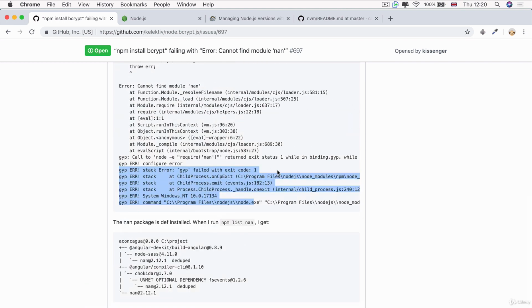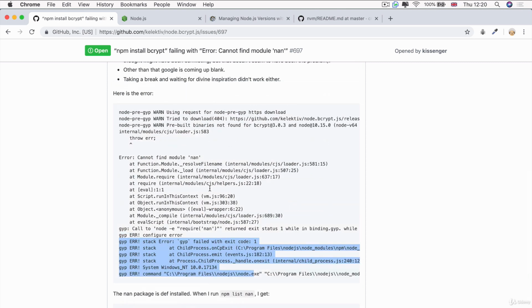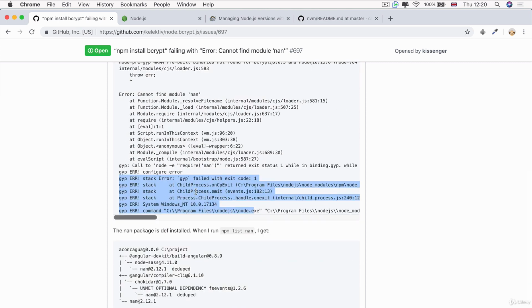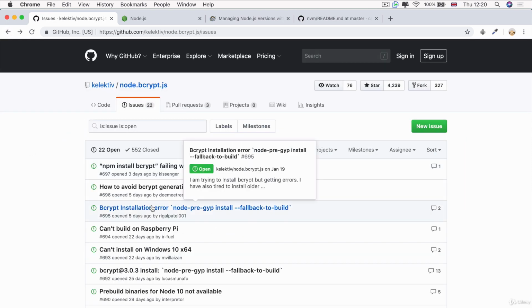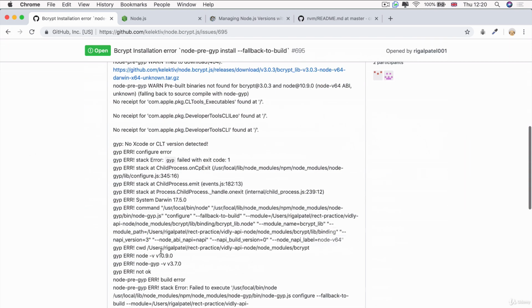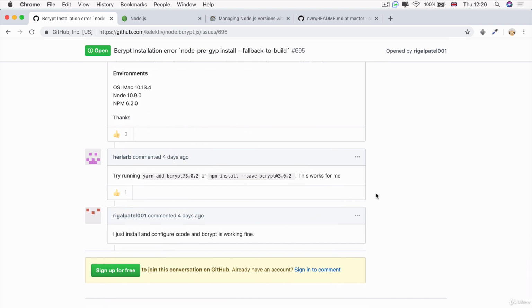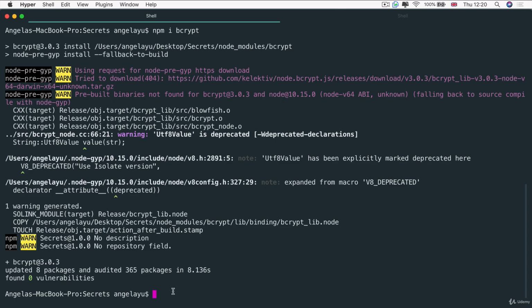Now, we don't have as bad an issue as this guy, because they're actually getting errors and they're not actually getting it installed. And if you read through this, you can see what the solutions are that people are recommending. And at the point in time where I'm running it, the easiest way is to simply install a slightly older version of bcrypt, 3.0.2, whereas the most current version is